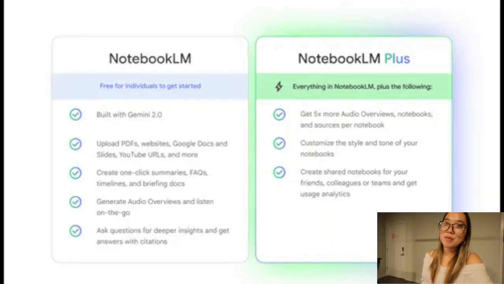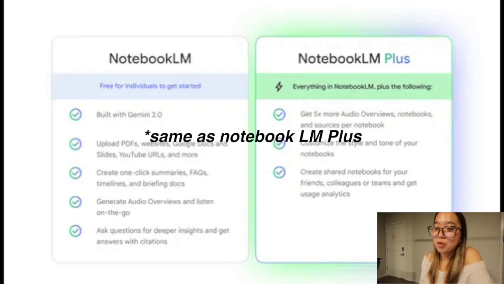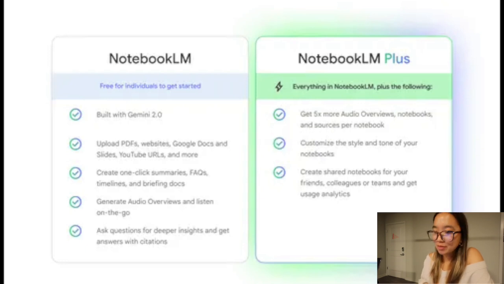NotebookLM has a few pricing plans. So it first has its free tier. Anyone with a Google account can access it. They have basic research, note-taking, summarization with lower limits on notebooks, so around 100, and sources per notebook around 50, and daily audio generation. You can upgrade your NotebookLM with a Google One AI Premium monthly plan, which is $19.99